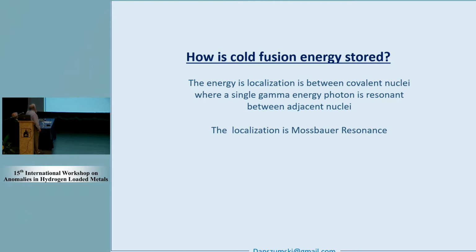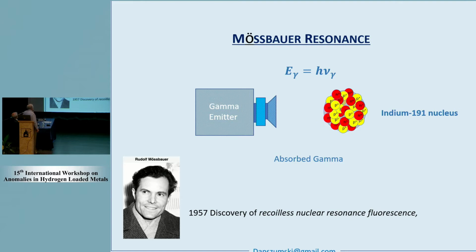So how is the cold fusion's energy stored? The energy is localized in this model between covalent nuclei, where a single gamma energy photon is resonant between adjacent nuclei. Okay? And the localization principle I'm going to use is Mossbauer resonance. Rudolf Mossbauer discovered in 1957, this was his doctoral thesis, what's called recoilless nuclear resonant fluorescence. What he did is he used a gamma emitter